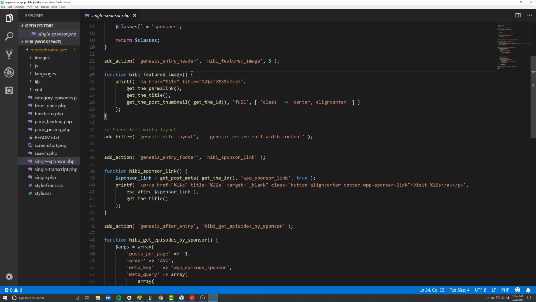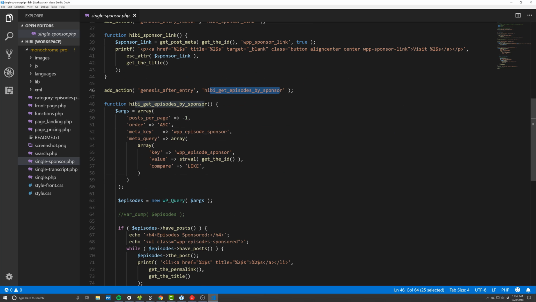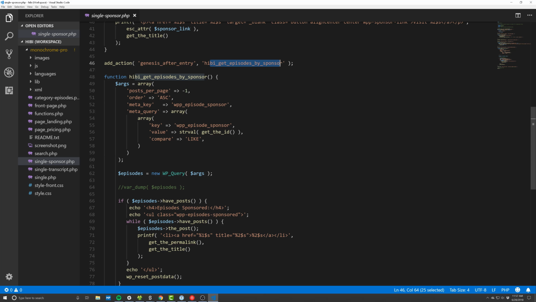But if we scroll down to the get episodes by sponsor function, I'm using Fields Manager, which is a free framework similar to CMB2. I learned about it when I was at Crowd Favorite from one of my coworkers, and they had a very easy mechanism for associating multiple posts without using the now deprecated post to post. So I was able to register my custom post types, create the fields, and then add